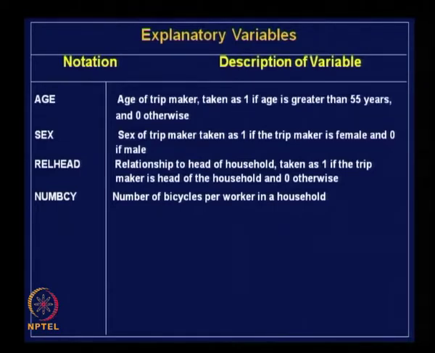Instead of taking it like this, if you take bicycle ownership as an absolute number, so 1 bicycle per household, 2 bicycles per household, then a small household might own 2 bicycles and a large household might own only 1 bicycle. Then this absolute number does not reflect the availability of bicycle to the members of the family,